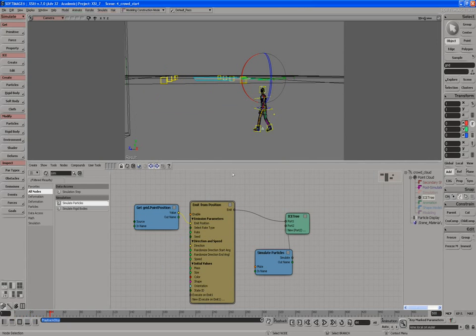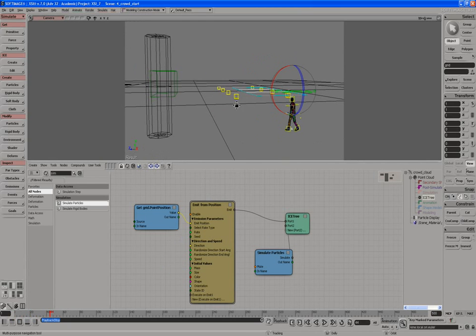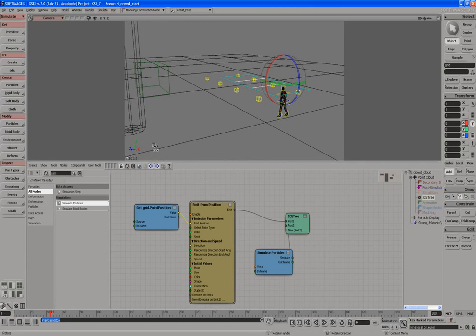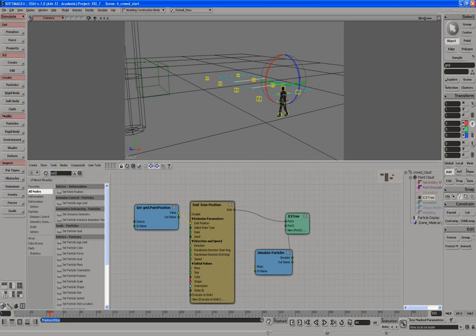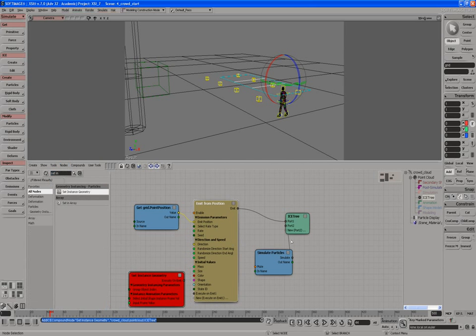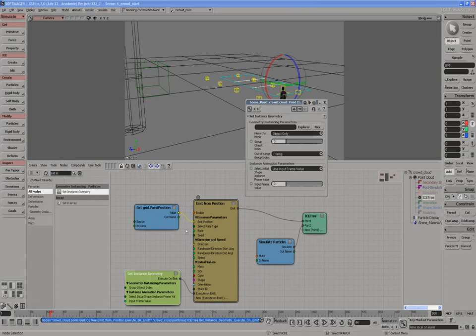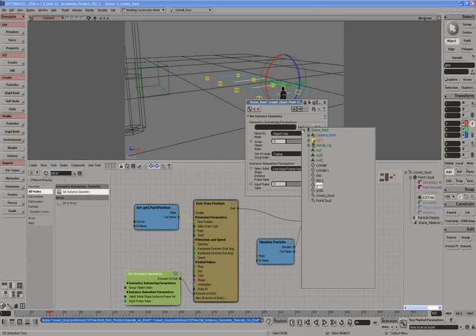Now, last thing we're going to do in this video here is make sure it's not emitting boxes, but it's actually emitting our character. To do that, we're actually going to use the set instance geometry. I know we've used instance geometry before. This one I want to use set because it has a few more options I can work with. And we're going to execute on emit, and we're going to pick our instance geometry, and if we go to Explorer,